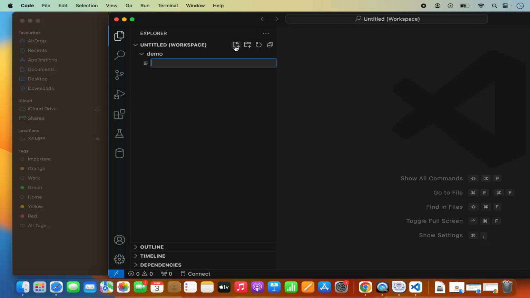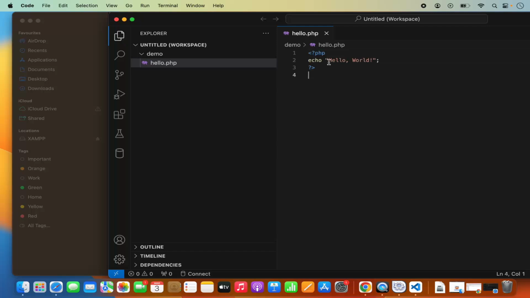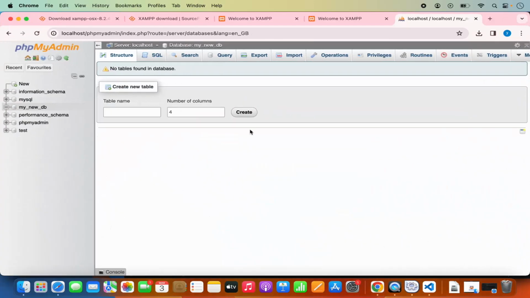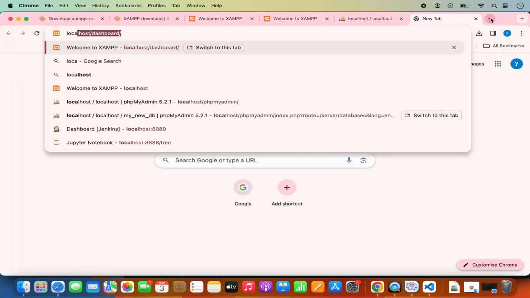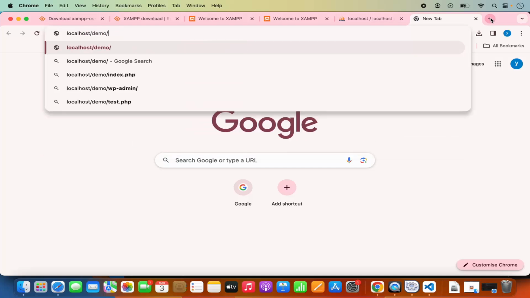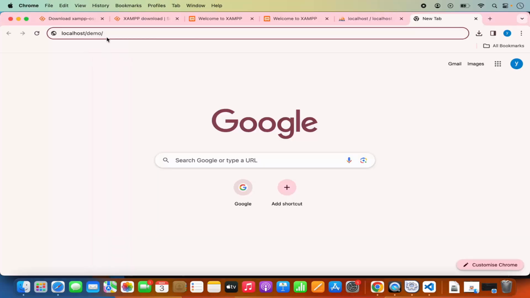So click on new and then just write hello.php, and then here you can just create your PHP code, right? Here you can write a very simple PHP script and save it. Once this script is saved, you can go to your browser, and then this time just write localhost/demo/ your file name, right? So our file name is hello.php, right? So I'm going to just write